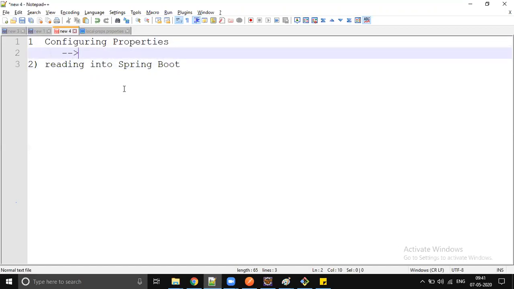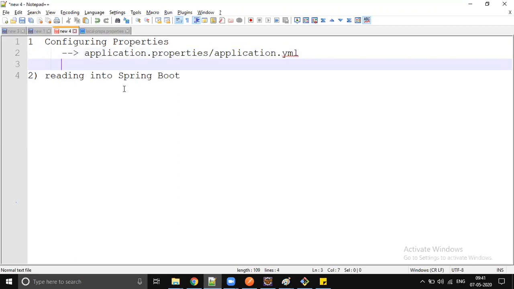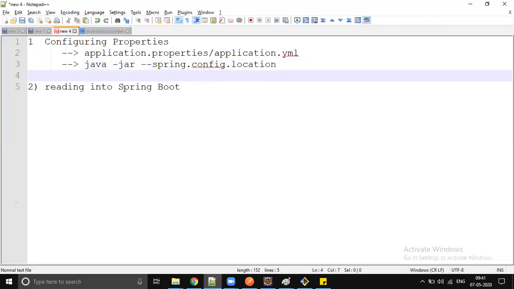So how are you going to configure the properties in Spring Boot? By default, any file which has the name application.properties or application.yaml will automatically be loaded into your Spring Boot application. That is the default behavior to configure the properties. If you don't like that, and if you want to pass it dynamically, then we use java -jar with -Dspring.config.location. This is to dynamically specify the properties file.